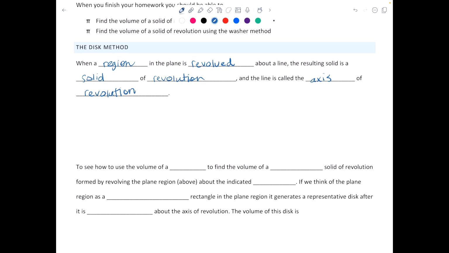So you have something along these lines. You've got this is our axis of revolution, and the first way we're going to look at this is as if